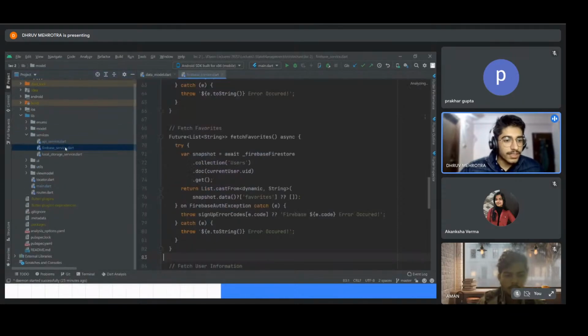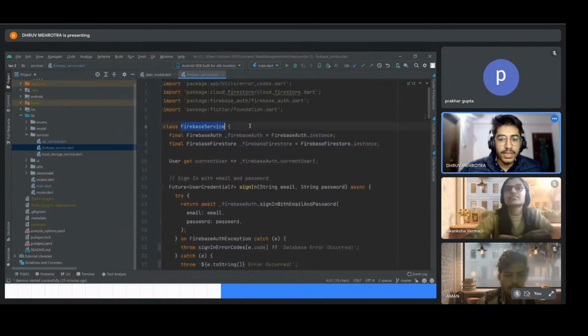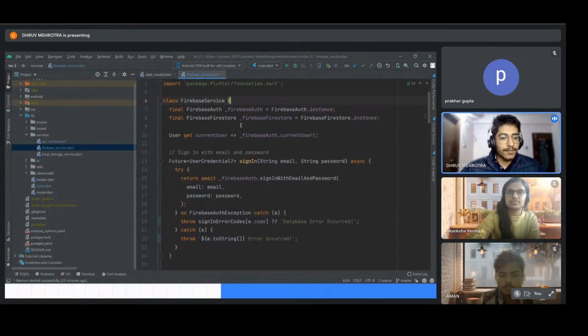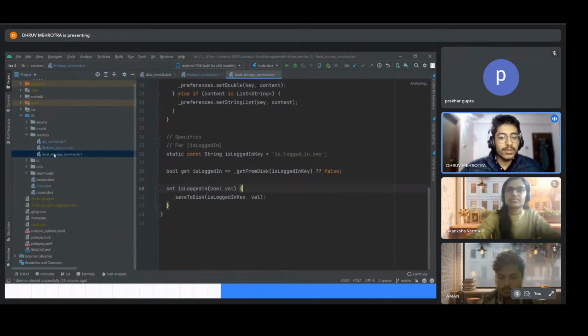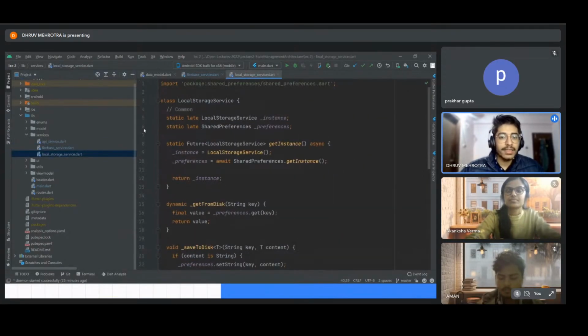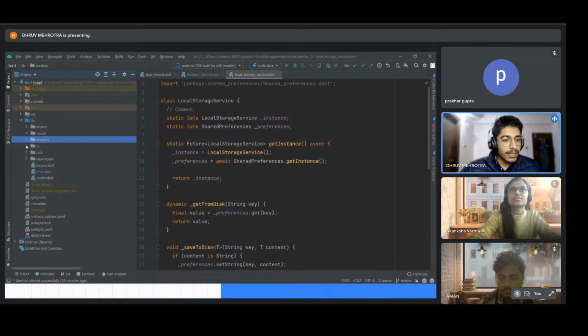Okay. Next is the services folder. Within the services folder, we have multiple services. One of these is Firebase service. These services are the sources from which we can fetch data from, let's say, an API, or this one in particular is for Firebase service, and it will help us get data from Firebase, maybe write some data to our database, etc. This folder will contain all our services, or it could be a local storage service. Like another file, this particular one is used to store data locally inside your phone, etc. Coming to UI,